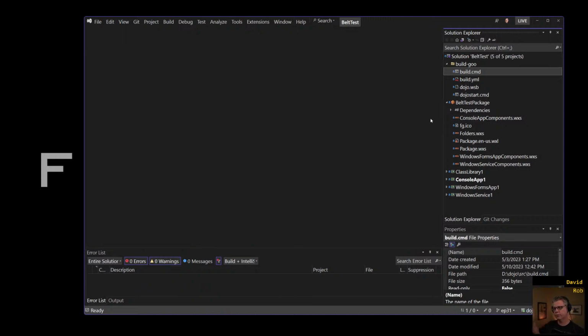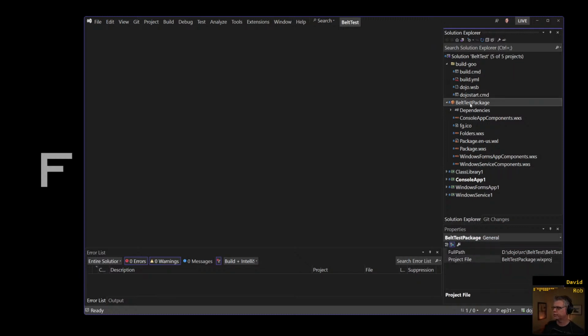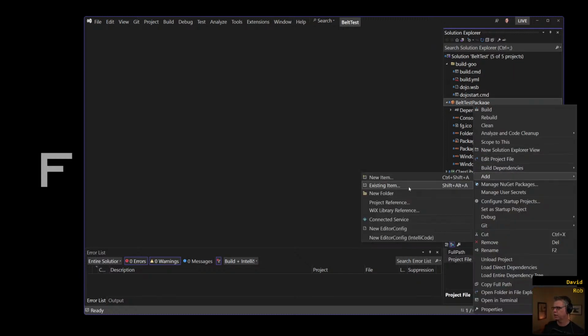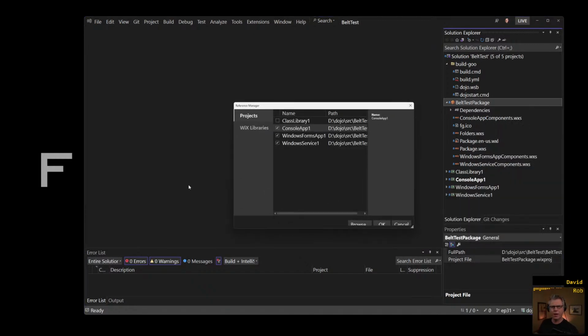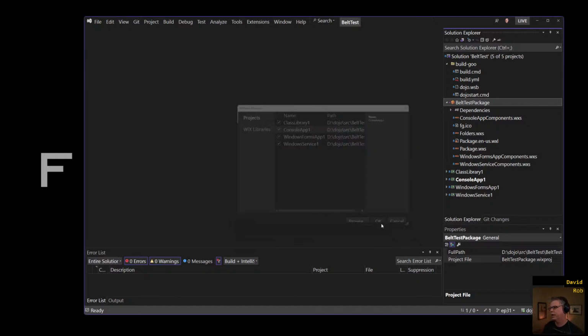All right. So first things first, new project. We need to make sure that it is built when we build setup. So we'll go and add our project reference. We haven't done this in so long. We haven't added a new project. It's almost like I've forgotten all the things. That's easy. Add a project reference and we're done.